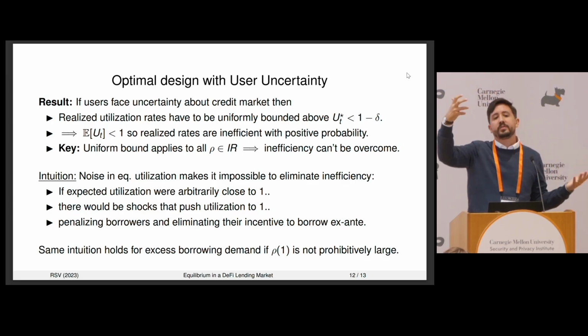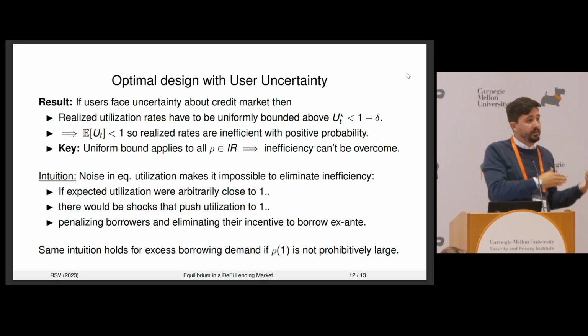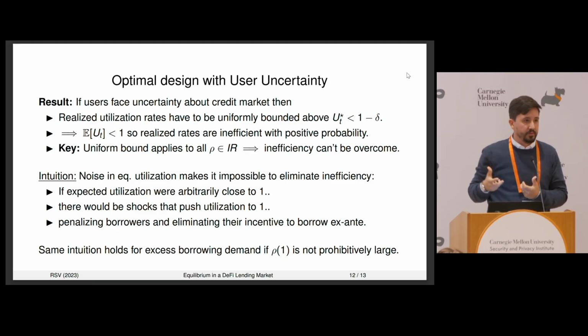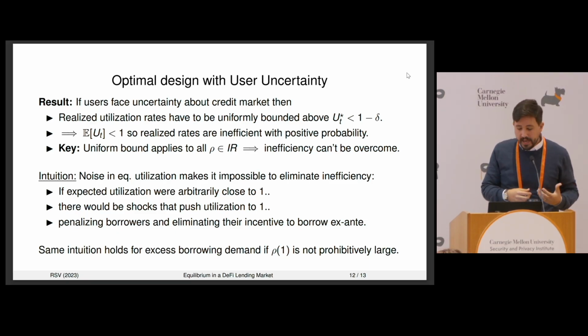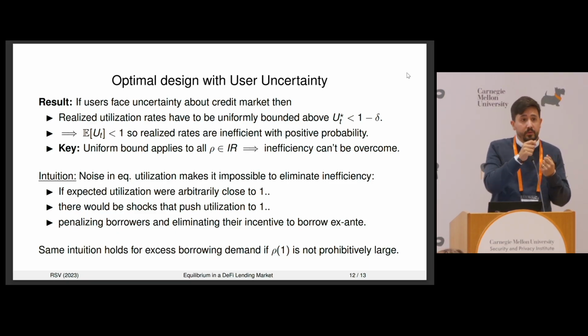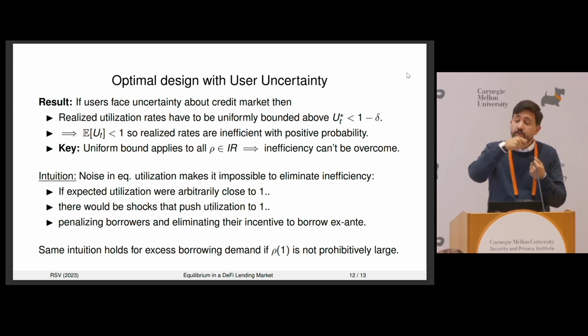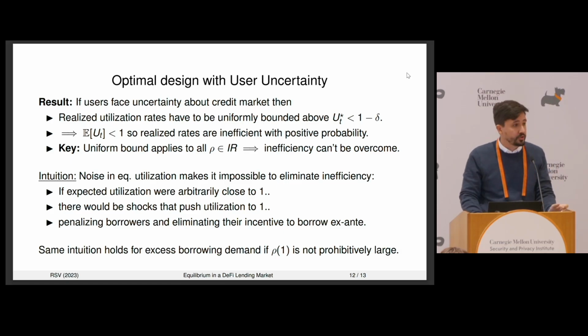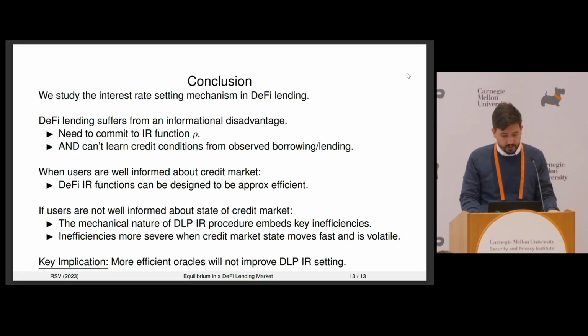Well, you run into the same problem there, where if you hit 100% utilization, you're going to have an excess demand problem as opposed to an excess supply problem. And at least with the excess supply problem, when credit market conditions get tighter, the interest rates go up. Whereas if you hit 100% utilization, you'll have excess demand without an increase in interest rates, and so this will be a more severe problem. So you can sort of generalize this insight.